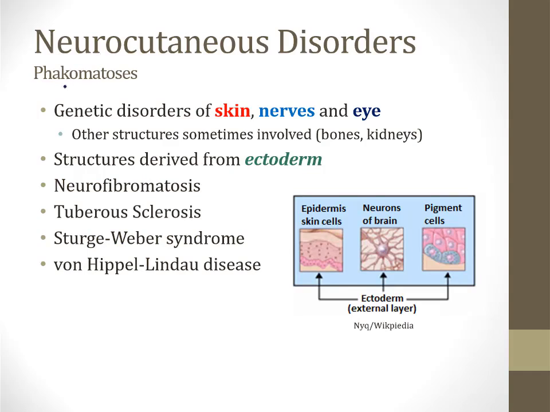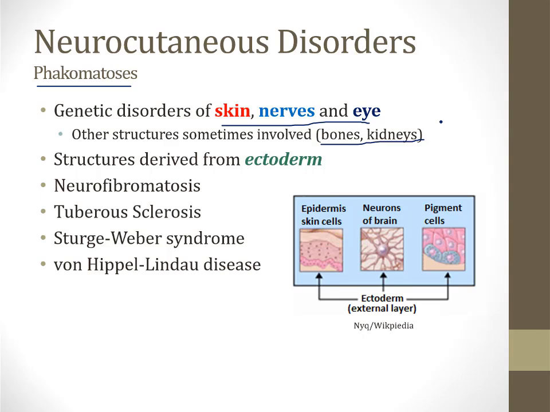Neurocutaneous disorders are also known as phacomatoses, and these are a number of rare genetic disorders that involve mainly the skin, nerves, and eye. That's why they're called neurocutaneous. Although, as we'll see later in this video, sometimes other structures are involved in particular disorders, like the bones or the kidneys. And the idea here, and what you want to understand about these disorders for Step 1, is that